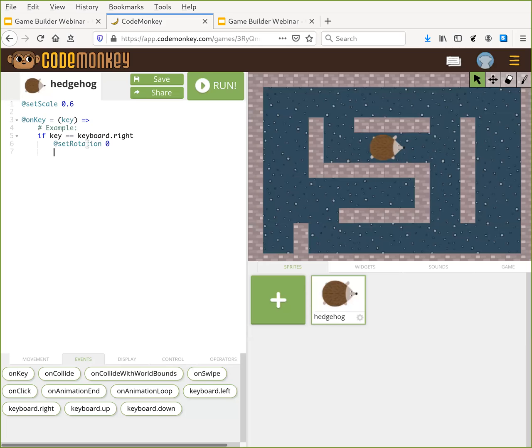Well, if we want to cover all our bases, we need to consider all 4 possibilities. So if the keyboard key is the left arrow, I'm going to ask you to think. If 0 degrees means go to the right, what degree measure will tell the hedgehog to face to the left?